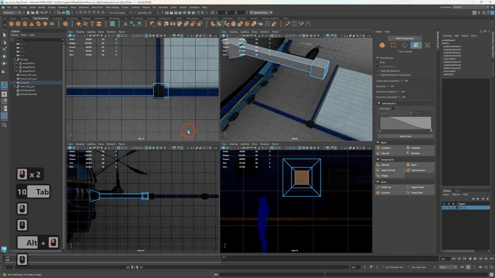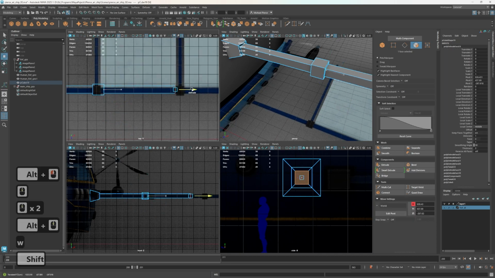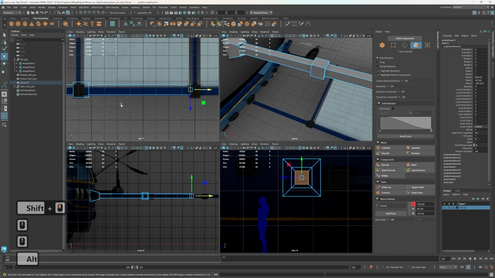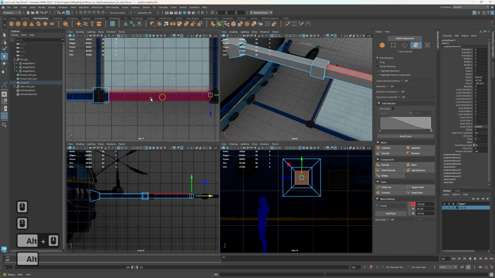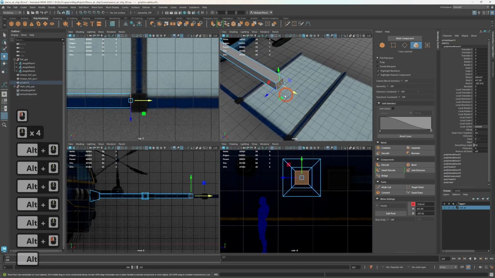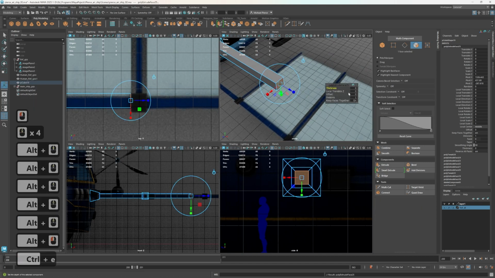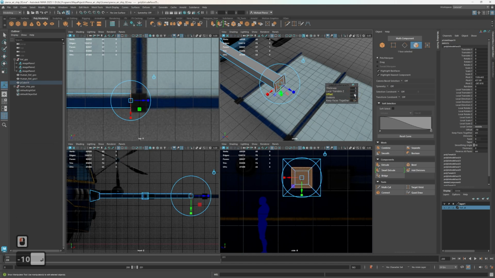So great. And I can shift extrude all the way over here. Oh, what? No, it's fine. You could go by the grid if you really wanted to, but ultimately I'm just going to do -10, and